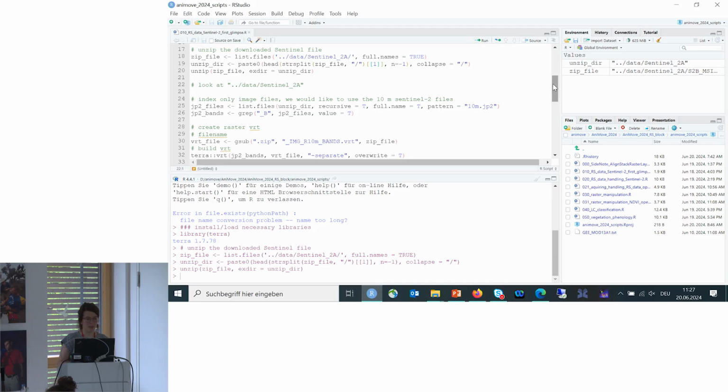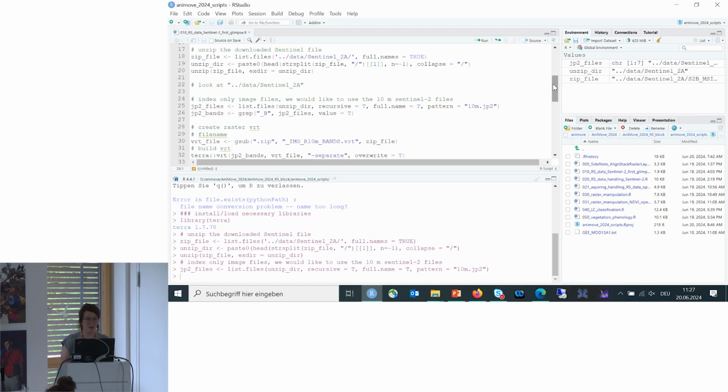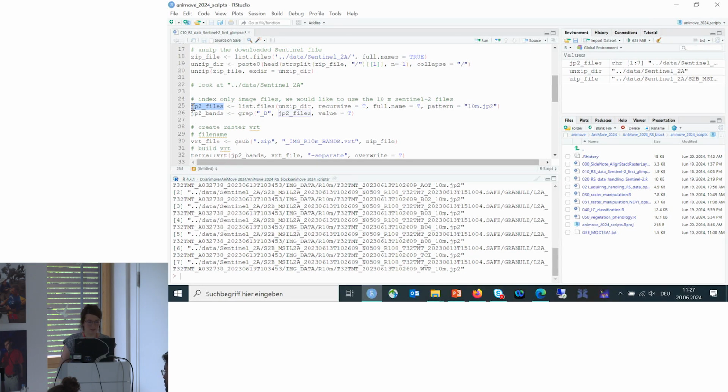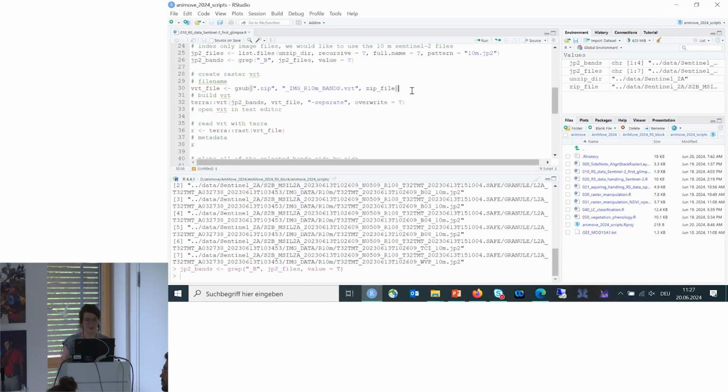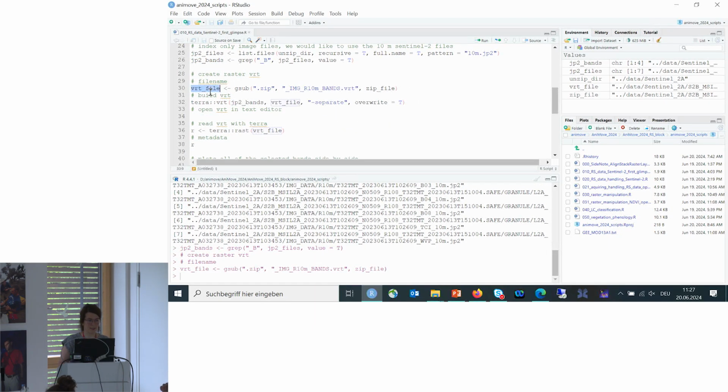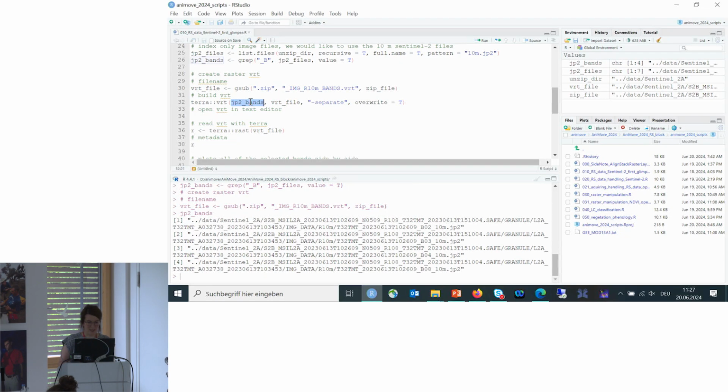What we want to do now is view the files first. This gives you a list of the files that we want to look at, and we are only interested in the 10 meter resolution. So here you get a list with only the 10 meter resolution files, and we update the band names a bit, and what we then do is create a virtual raster. Well, this doesn't create a virtual raster, but that's the file name of the virtual raster. And here we build a virtual raster for these bands,